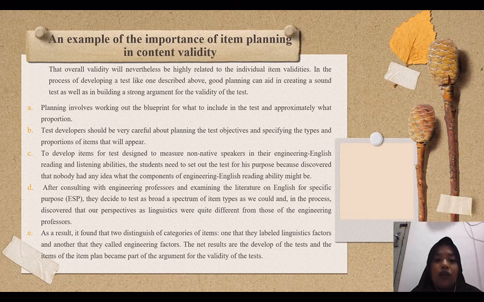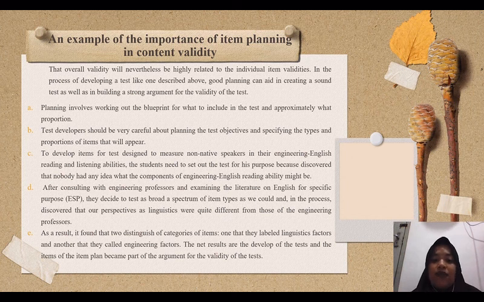The third, to develop items for a test designed to measure non-native speakers' engineering English reading and listening abilities, the student needs to set out the test for his purpose, because he discovered that nobody had any idea what the components of engineering English reading ability might be. The fourth, after consulting with engineering professors and examining the literature on English for specific purposes, they decided to test as broad a spectrum of item types as they could,